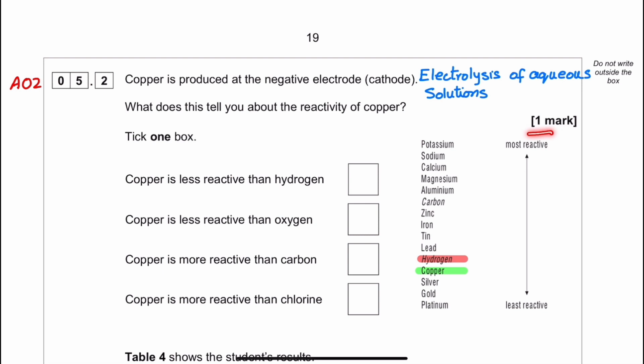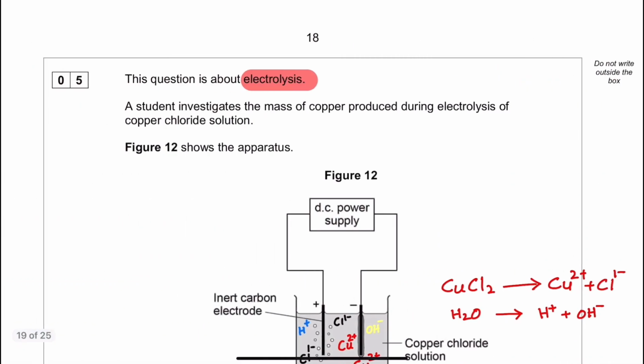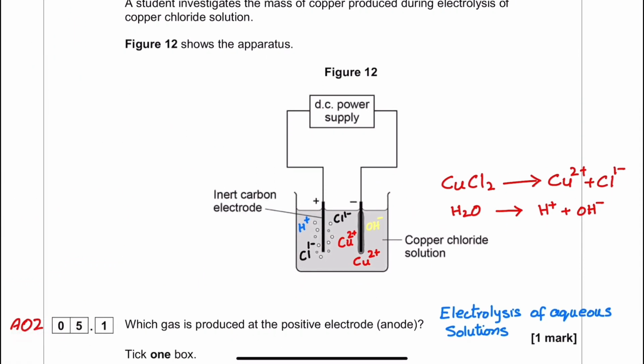Here my reactivity table is given, and I have already highlighted hydrogen and copper. The question comes here, why do we need to highlight hydrogen and copper? If you go back to my diagram, copper has positive charge and hydrogen has